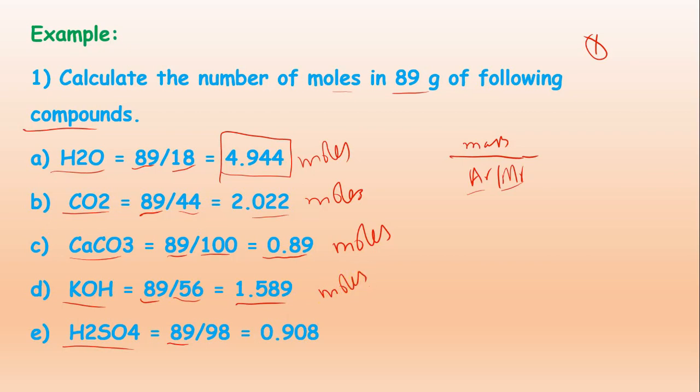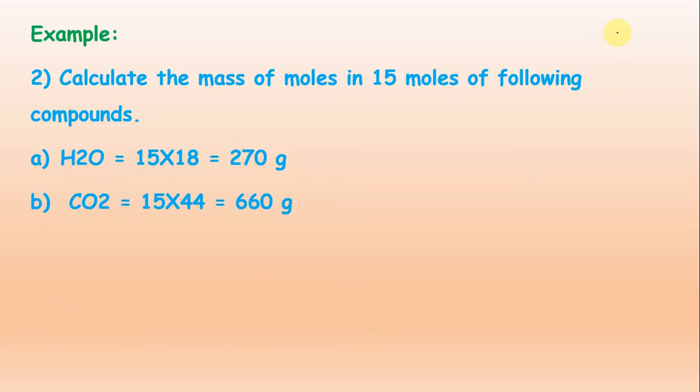Last one, sulfuric acid: 89 divided by 98, which is the MR of the sulfuric acid. We will get the answer 0.908 moles of sulfuric acid. So these are the questions, the problems related to formula number 1. Now formula number 2,